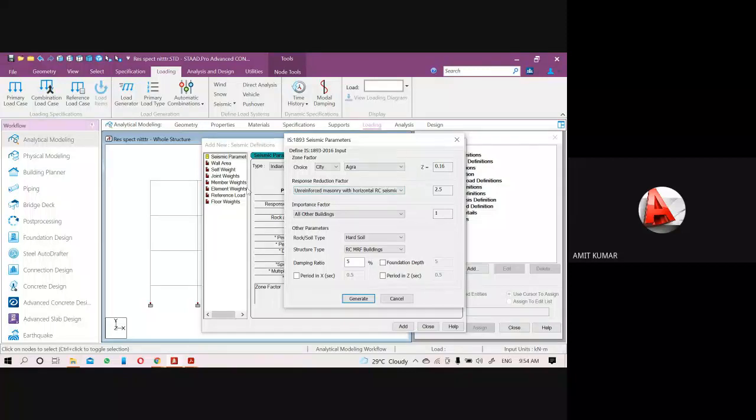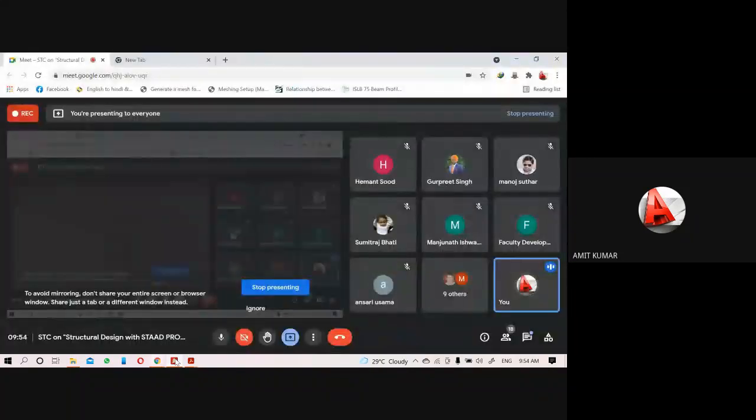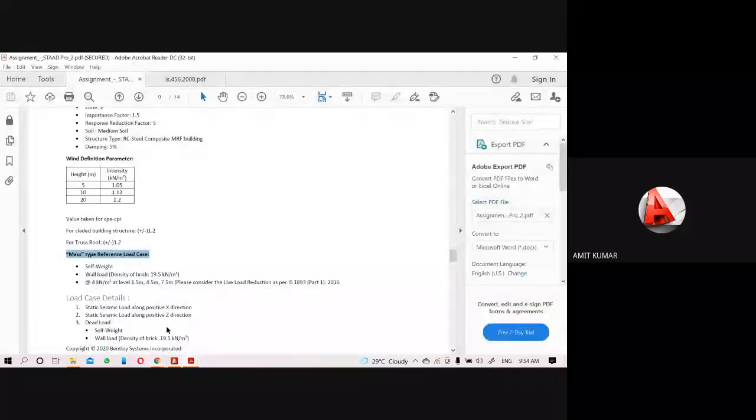Then after this, I create the floor weight and self weight also. But in this project we have to do it through the mass reference load. Okay, so basically this reference load will help you to create an envelope of the dead, live and mass load at a single time.